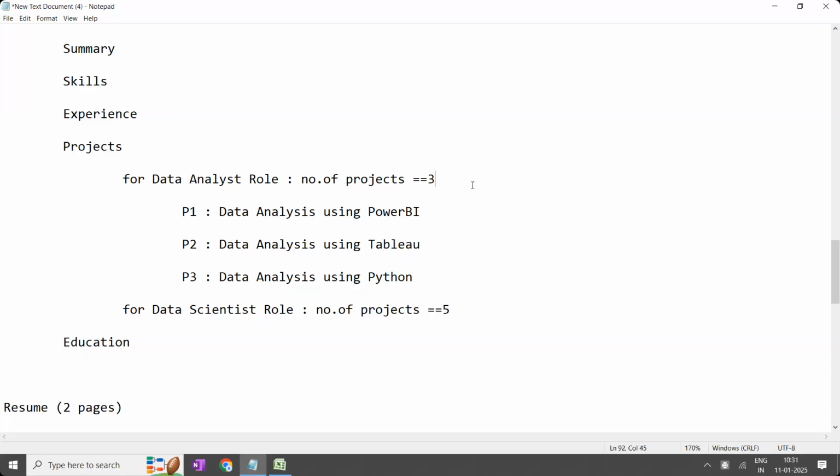And these 3 projects should be from 3 different domains. Out of which the first one is mandatory: sales. Mandate. No discussion on this. Out of 3, 1 should be there. Because sales is the highest in data analysis. Sales means data analysis, and data analysis means sales. Sales project means data analysis. Sales related something should be there. Mandate.